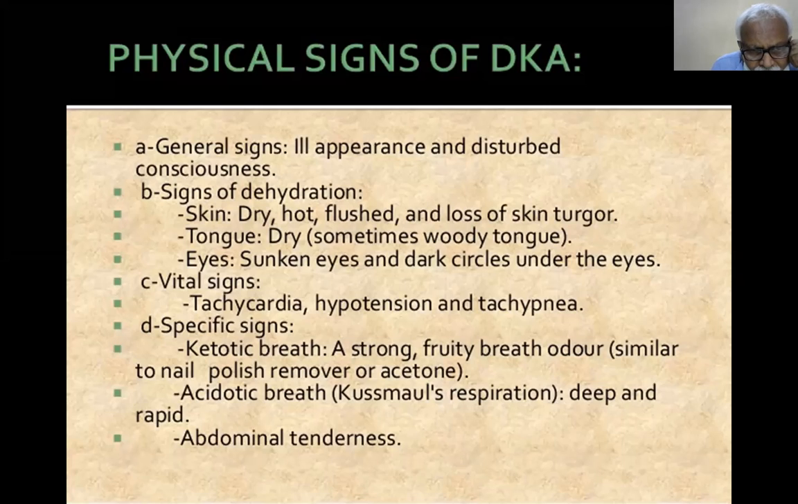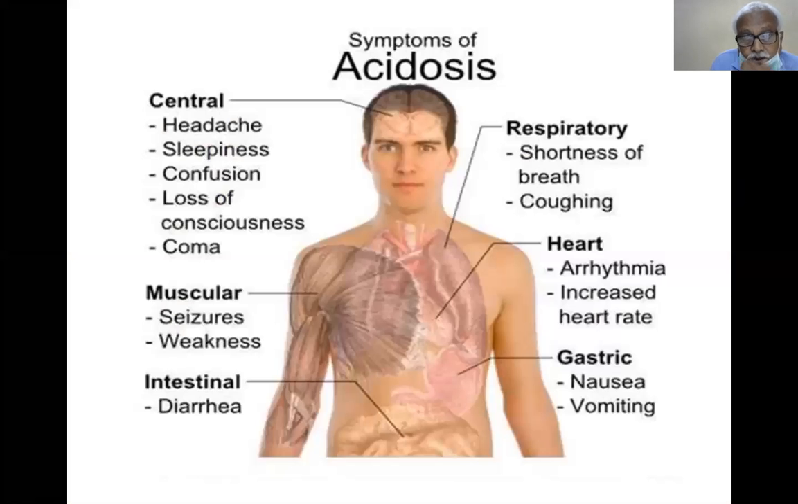And the specific signs are ketotic breath, a strong fruity breath odor, similar to nail polish remover or acetone smell. Acidotic breath, that is Kussmaul's respiration. Deep and rapid breath is known as Kussmaul's respiration. Abdominal tenderness is classical. So symptoms of acidosis are in the central nervous system: headache,